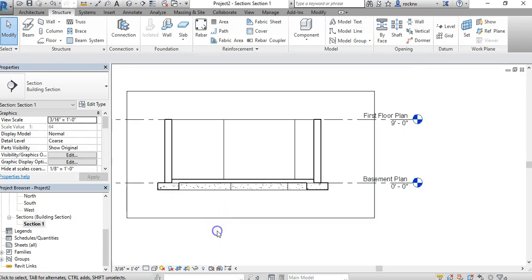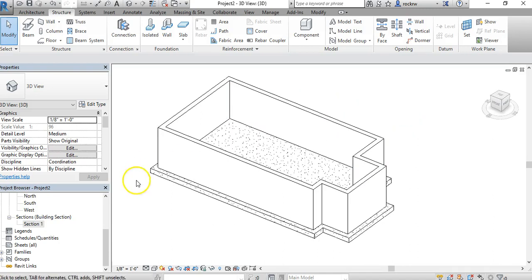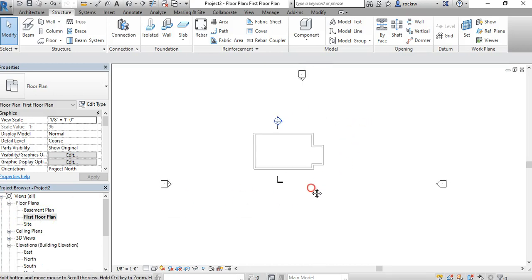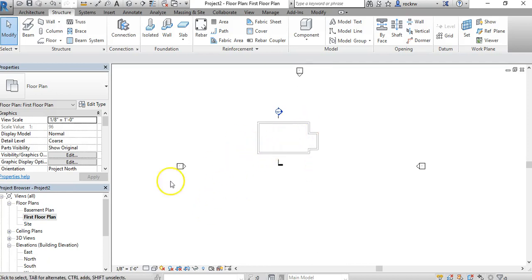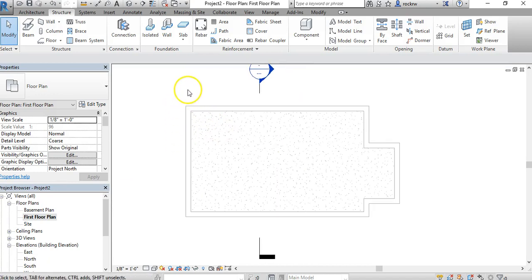So the tutorial now takes us through putting a first floor on this, which is a pretty nice, easy step. I'm clicking here on first floor in the floor plans in the project browser. Now, doing this in lab, there are some cases where this basement plan did not appear. What I'm seeing is the basement plan below the first floor. We'll use this for now to trace to make our first floor. But if you don't see this,